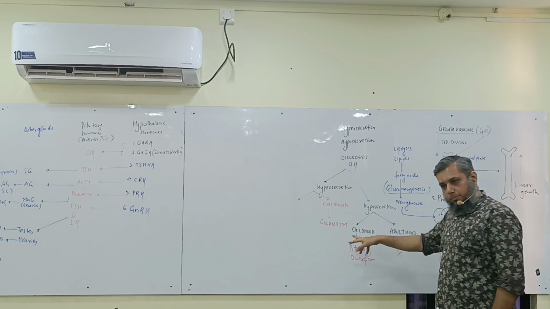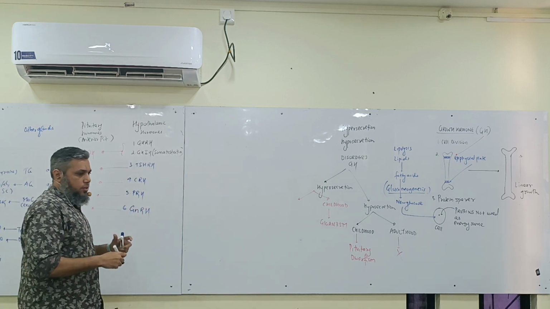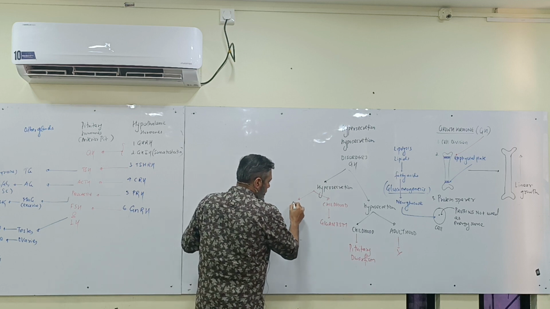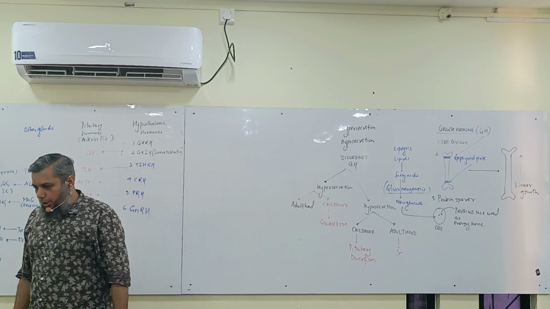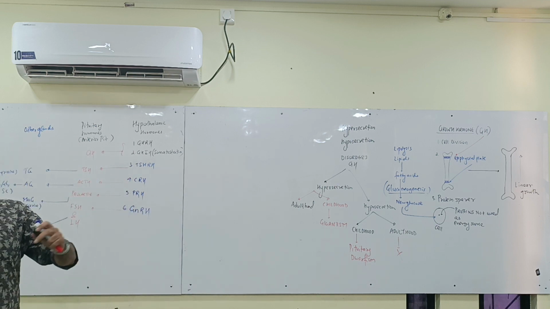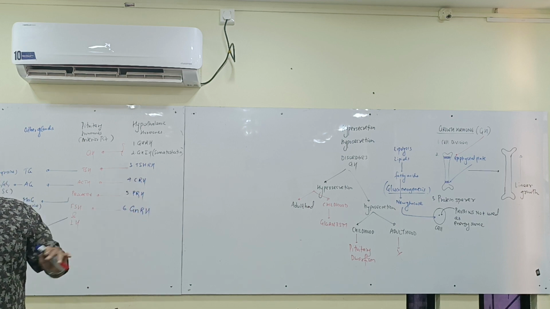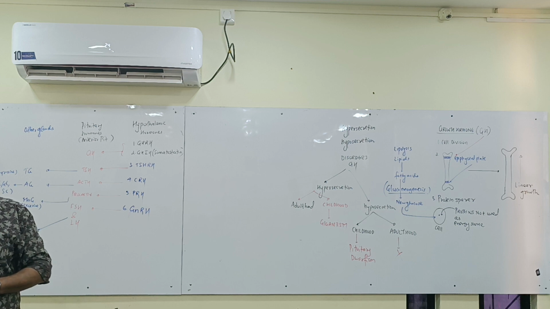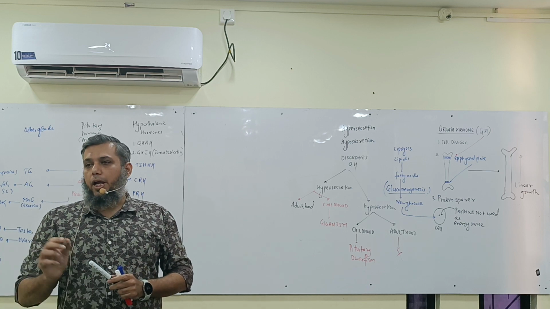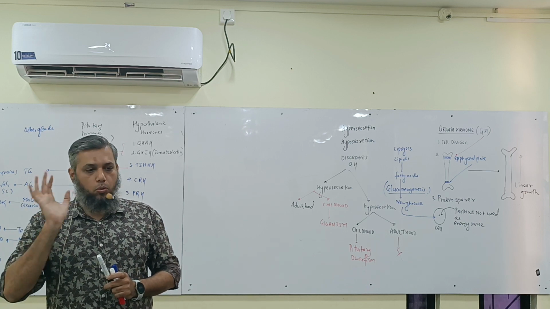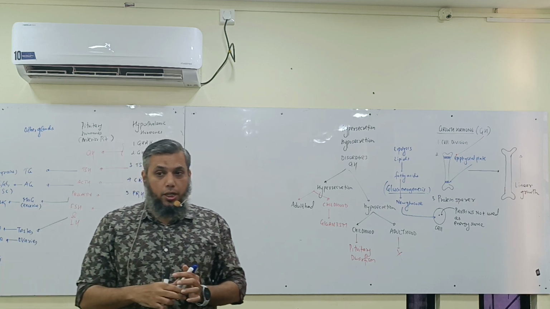Okay, gigantism. It's not a good condition, children. The second is when the hypersecretion occurs during adulthood. Once you are an adult, your epiphyseal plates have closed, but still if there is an increase in the level of GH, it will cause abnormal growth of your bones. Now your bones will not increase in their length.